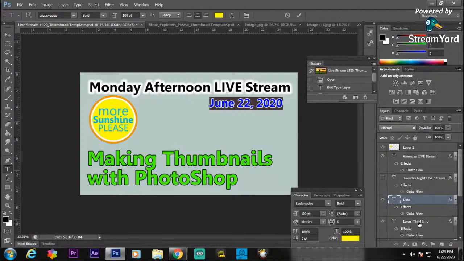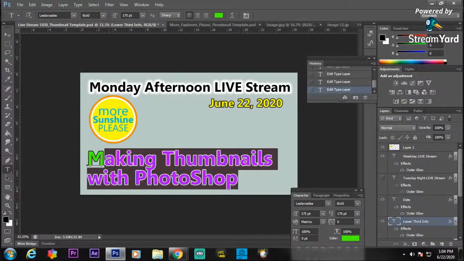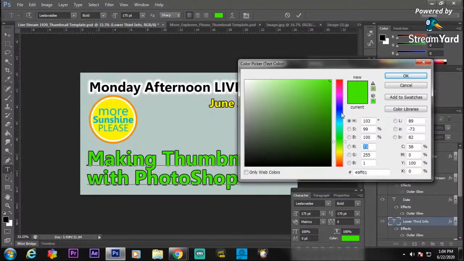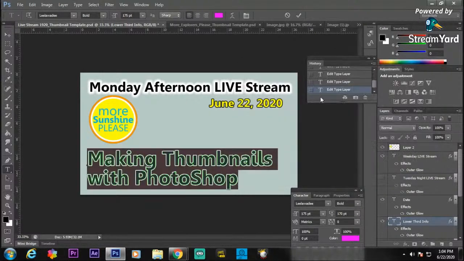So let me highlight the lower third layer. I'll highlight the text, and just for giggles, I'll make it that purple just to make it seem a little different. But I do want to add a background image, and it can be generally something Photoshop-ish, like a Photoshop logo. So maybe what I'll do is quickly Google